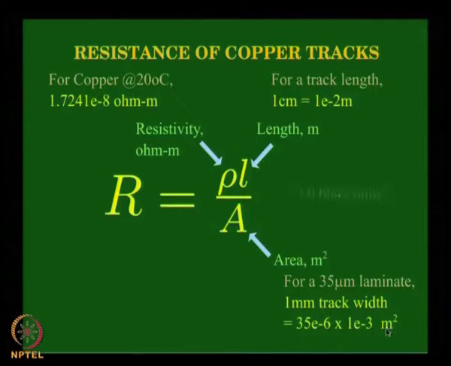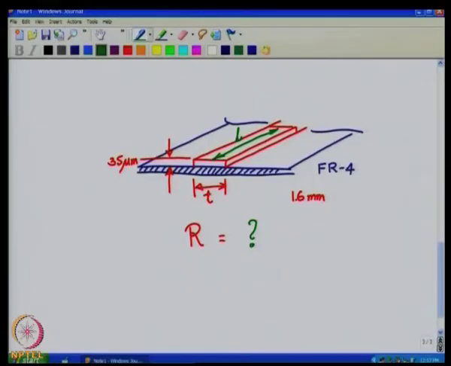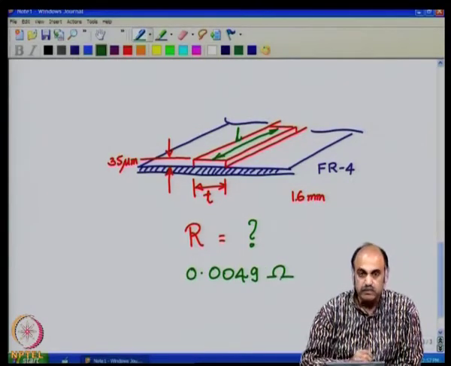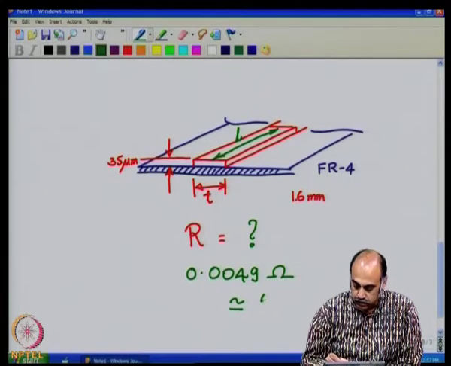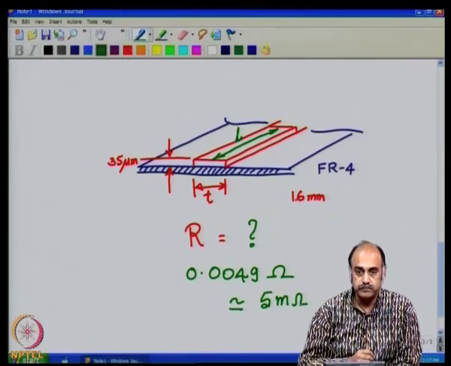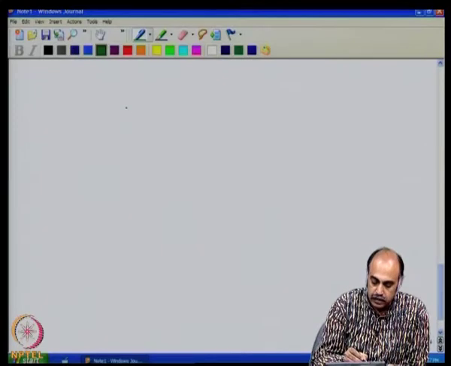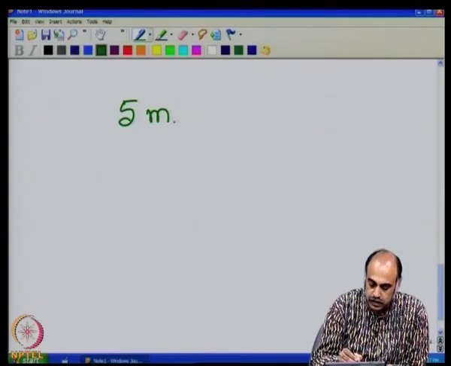Now, this would result in a track resistance of 0.0049 ohms. Now, what is this 0.0049 ohms? You should remember that 0.0049 ohms is approximately 5 milli ohms. Okay. So, a bit of a thumb rule here, so that quickly you can remember: 5 milli ohms